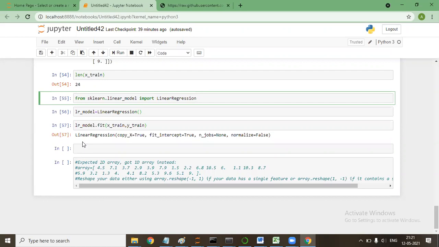So it is not a requirement of Python specifically. It is a requirement of this particular model, linear regression. This will be solved once I use any other model.